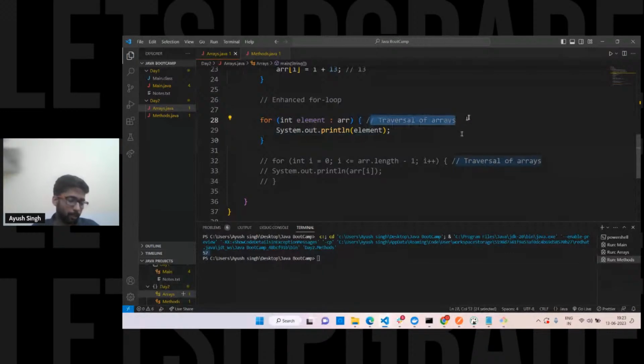Object in class, class is a template. Class is a template, right? Obviously, but